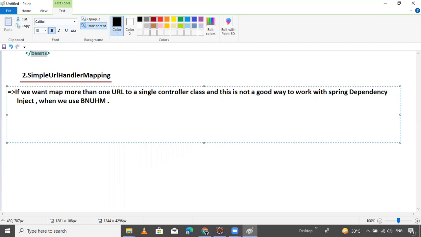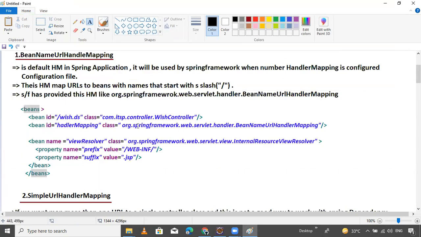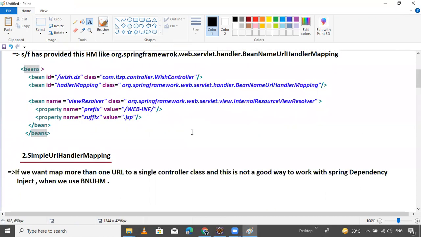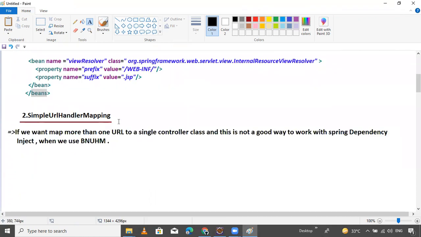If you are using multiple controllers, like hello controller, welcome controller, another controller, this way is not recommended. So use SimpleUrlHandlerMapping. This is the point I'm trying to say, so write it down.